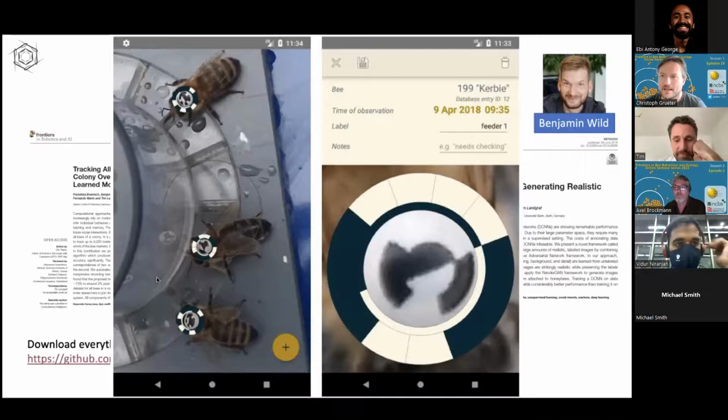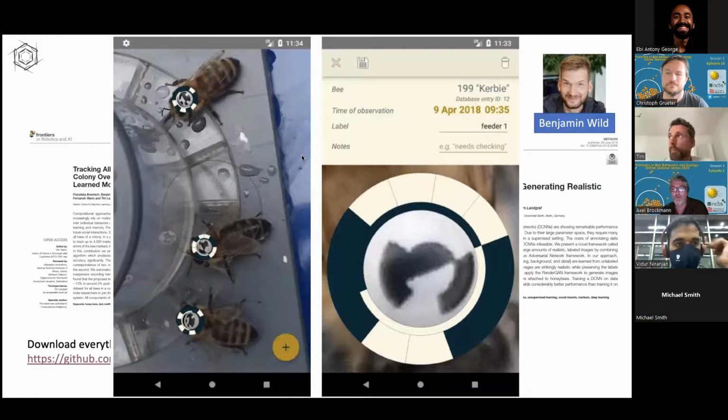Another comment first: fantastic work, thank you very much, Tim, for sharing this. I am wondering if your method could differentiate pollen foragers and nectar foragers, since pollen and nectar are kept at different parts of the hive. I would imagine that this might be possible.